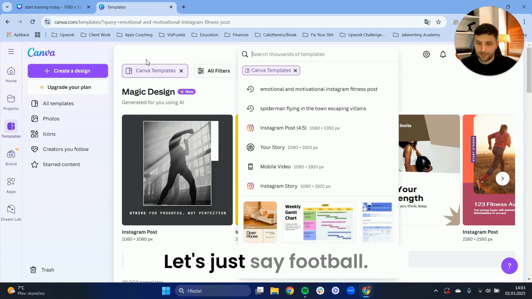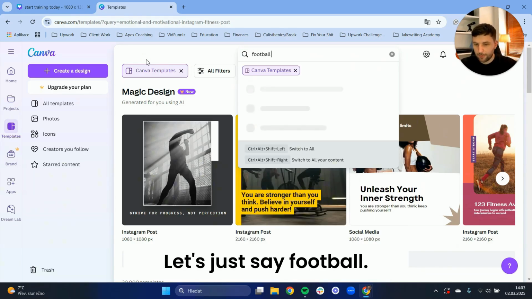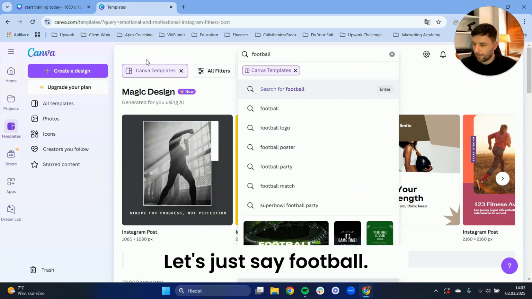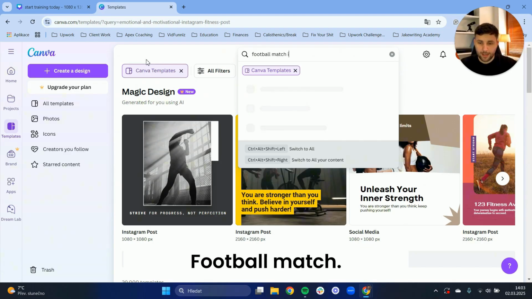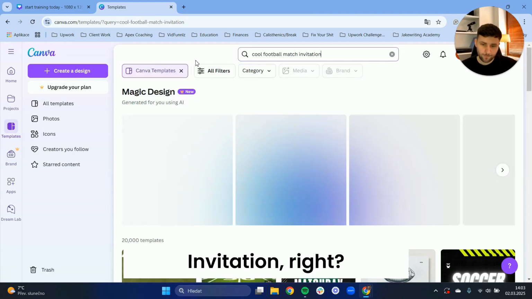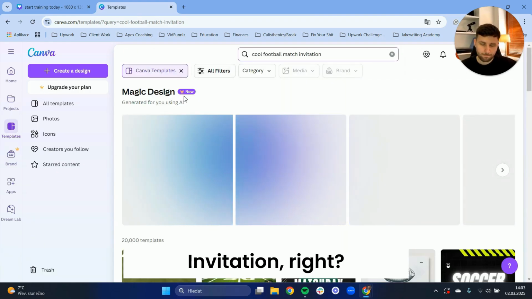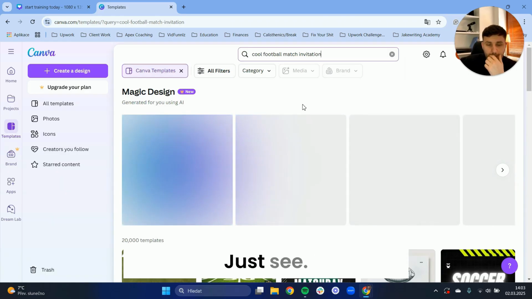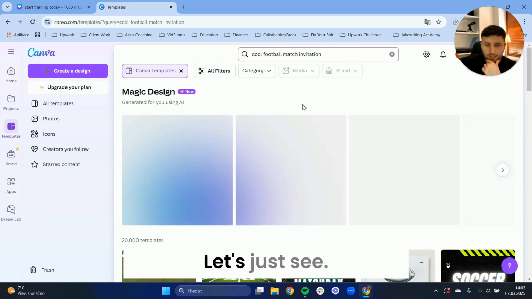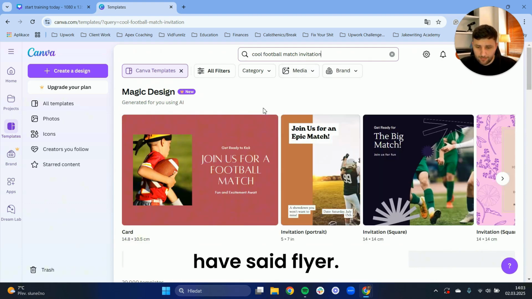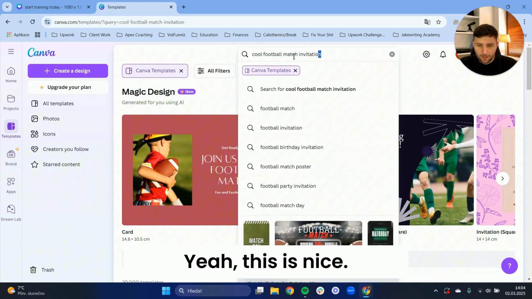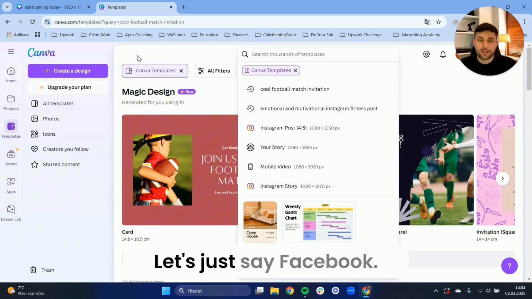Let's just say football, football match, cool football match invitation, right? Let's just see. Maybe we could have said flyer. Yeah, this is nice. What else can we say? Let's just say